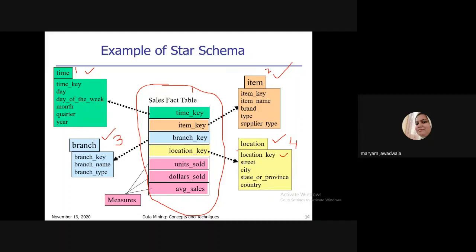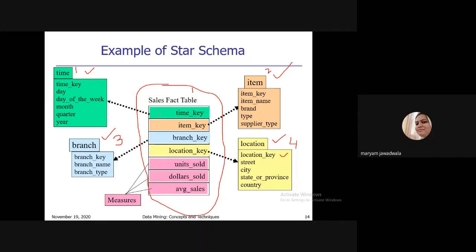So what are the attributes of the fact table in this star schema? See, this point is very important. All of you please concentrate. The attributes of the fact table are the key attributes of all the dimension tables. Okay, because I need to connect this fact table with all the dimension tables. So in a schema, suppose you have multiple dimension tables, then you must connect all the dimensions with the fact table. So the attributes of the fact table are the key attributes of all the dimensions.